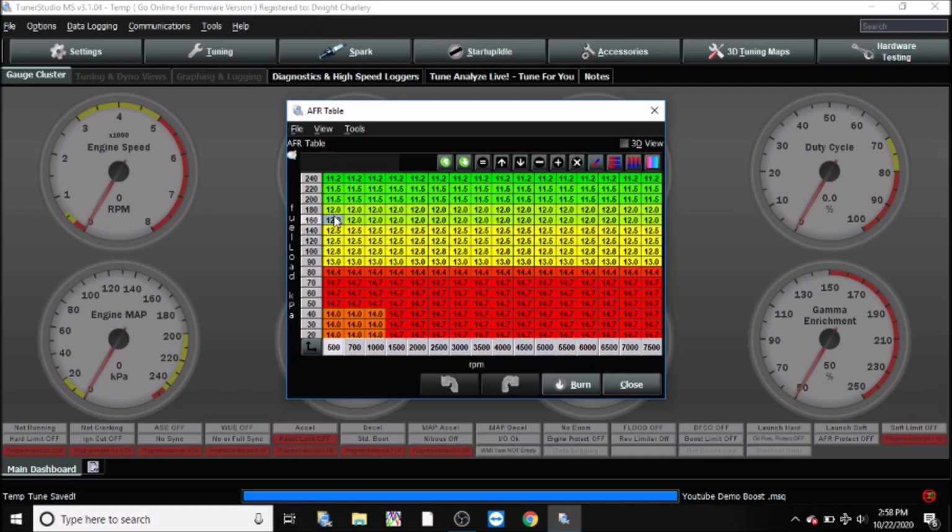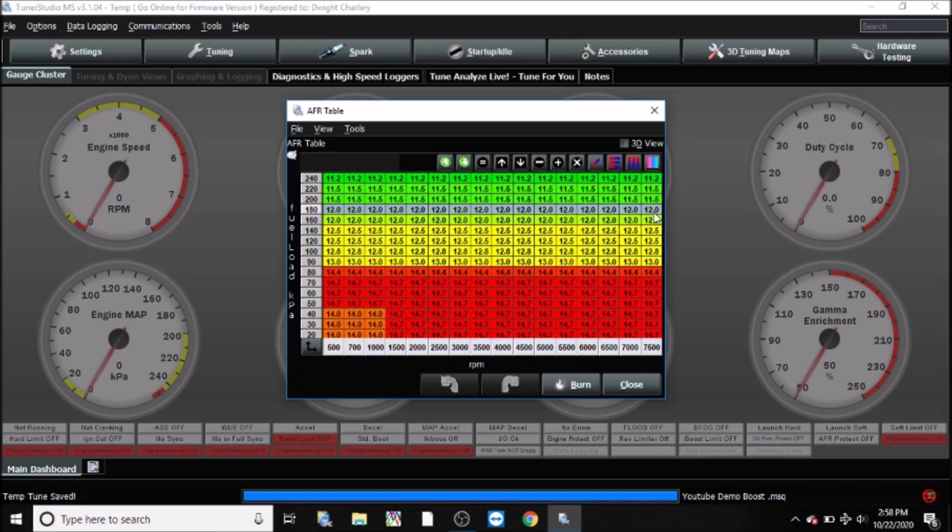As we get up to this point, about 9 psi, I'll start going a bit richer. And right when we're at 12 psi, which is about here, would be about 12.0. Again, it would make sense to experiment at this level. Some cars may want a leaner mix than that to make peak horsepower. Some cars may want to be richer.